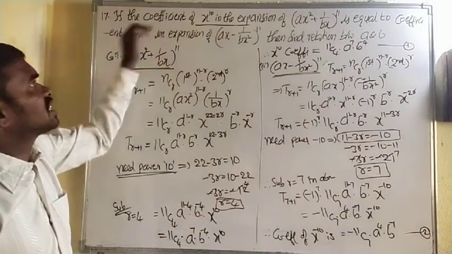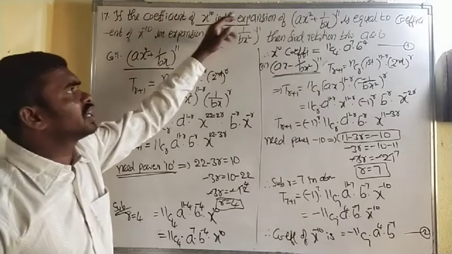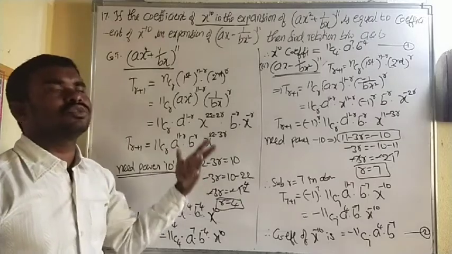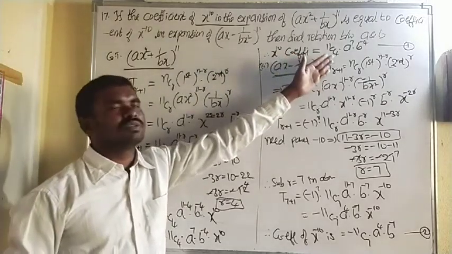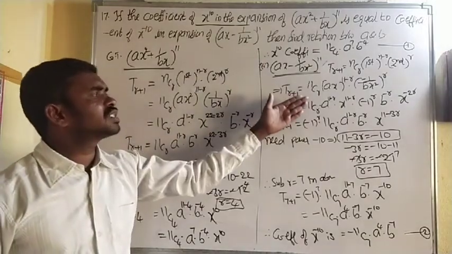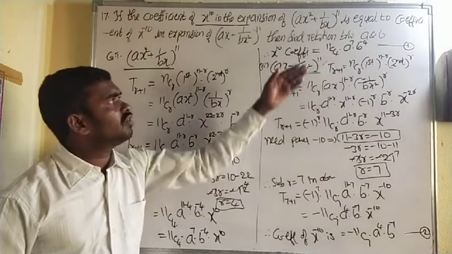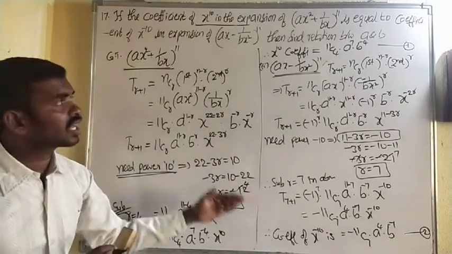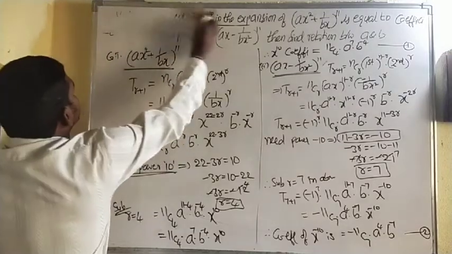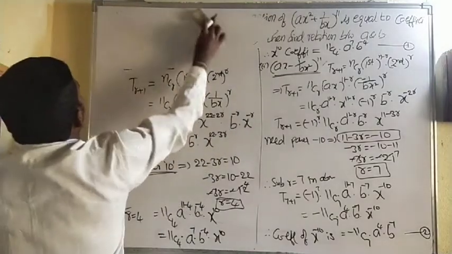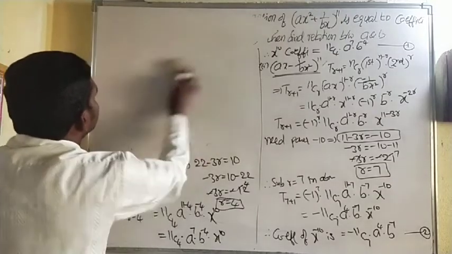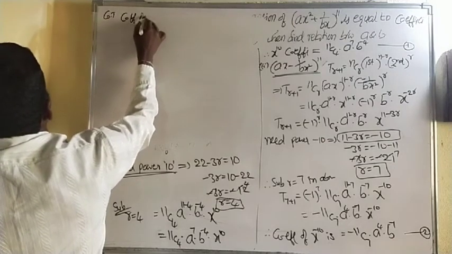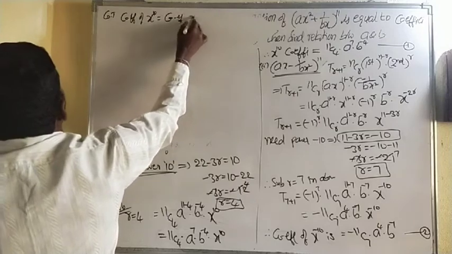Okay, almost all we have completed the problem. First, the question says the coefficient of x power 10 is equal to the coefficient of x power minus 10. So to equate them, first, the coefficient of x power 10 is 11C4 a power 7 and b power minus 4, after calculating we got it. And the x power minus 10 coefficient we also found. So now equating those two, because they are equal as given in the question. Up to here, okay? Can I remove this? Okay. So next, according to the question, the coefficient of x power 10 is equal to the coefficient of x power minus 10.